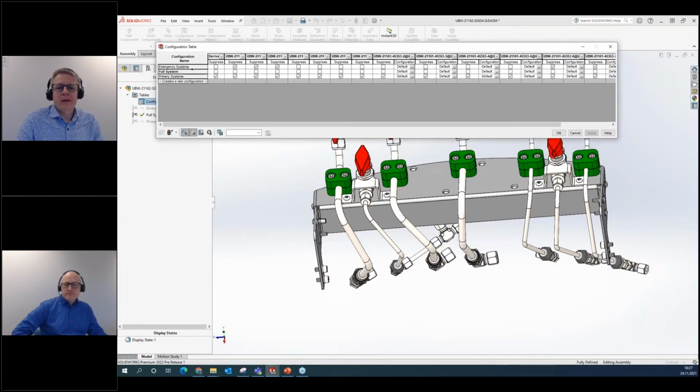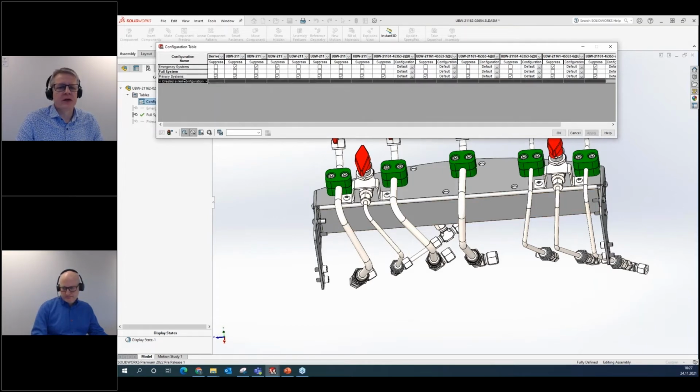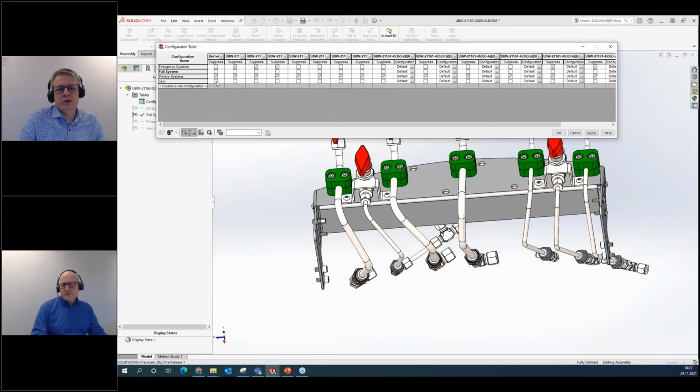This table will include the components that you have in the assembly, and when I create a new component or new assembly, it will be possible to check what kind of parts or sub-assemblies I want to see in my newly created